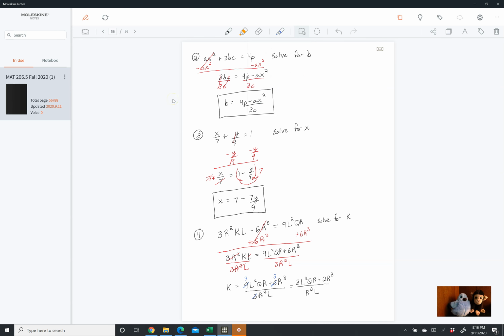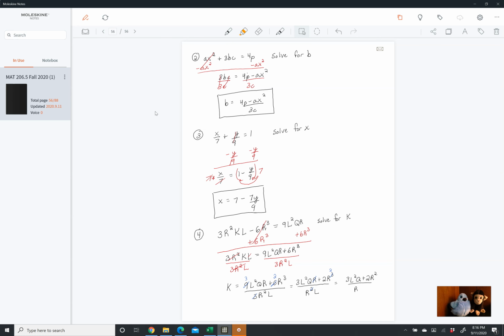This one, that means that the R just goes away completely because we took it out. For the R cubed, it means that it becomes an R squared. Instead of having 3 R's, we only have 2. And down at the bottom, instead of having 2 R's, we only have 1. So now our final answer is 3L squared Q plus 2r squared